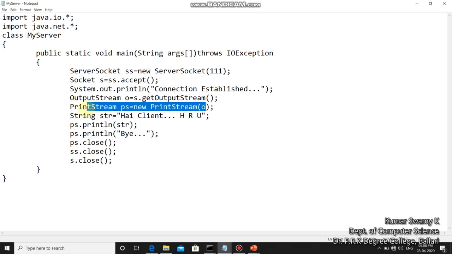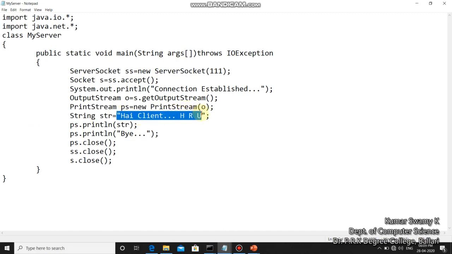For the message from the server side I'm passing it as "hi client, how are you". This string is allocated to a variable named str, and then I'm printing the string onto the client side, ps.println(str), and ps.println, I'm printing one more string.